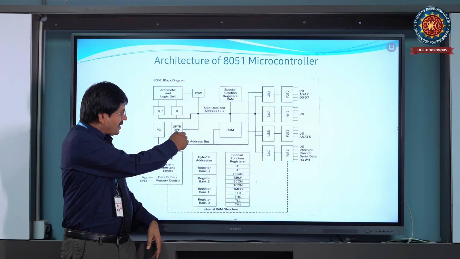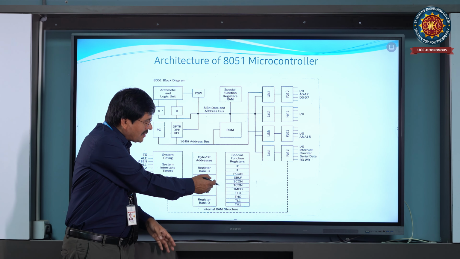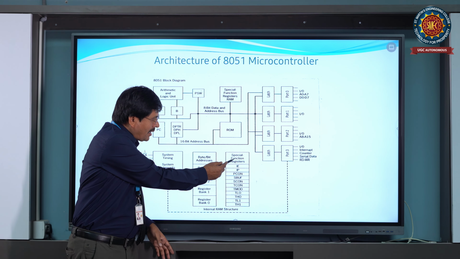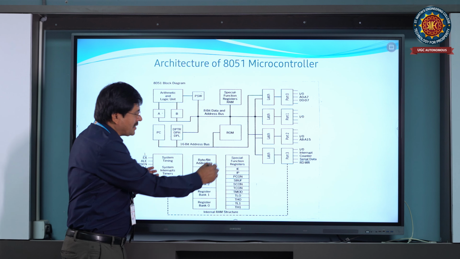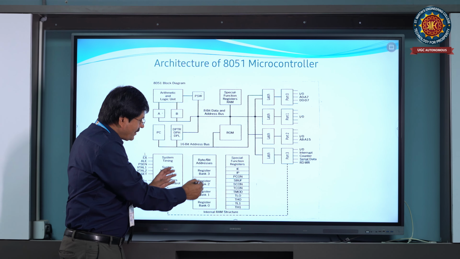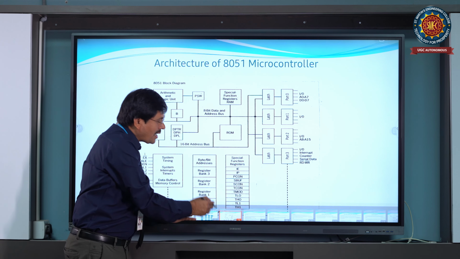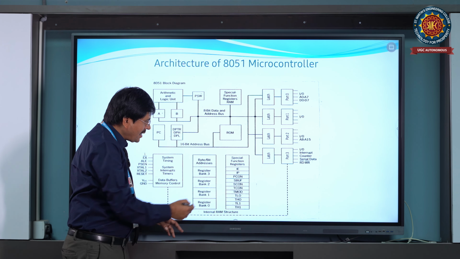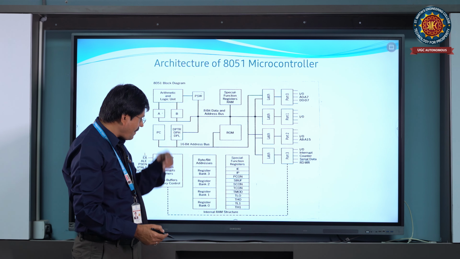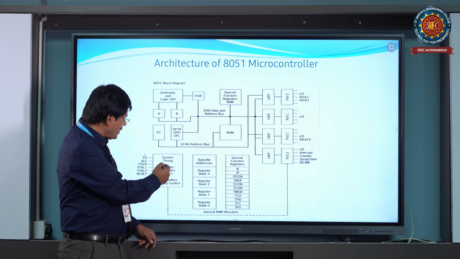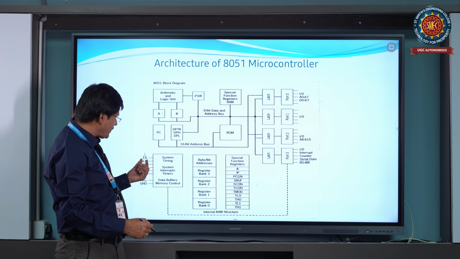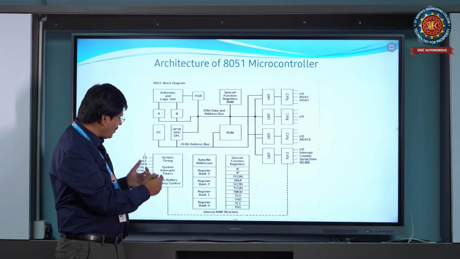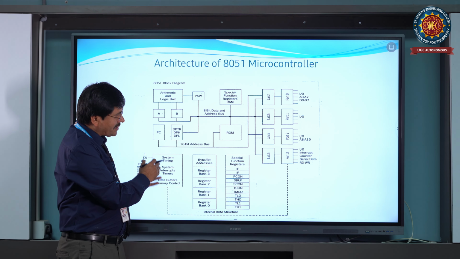above interfacing, and here we can see all these special function registers. Okay, and this is the control unit. This is the complete control unit, which is contained in the internal RAM structure. In the next slide, we'll give a brief on the internal RAM structure. And system interrupt, timers, data buffering, memory and control, everything is contained in the special function pins, and I will give a brief on their functionality in the next slide.